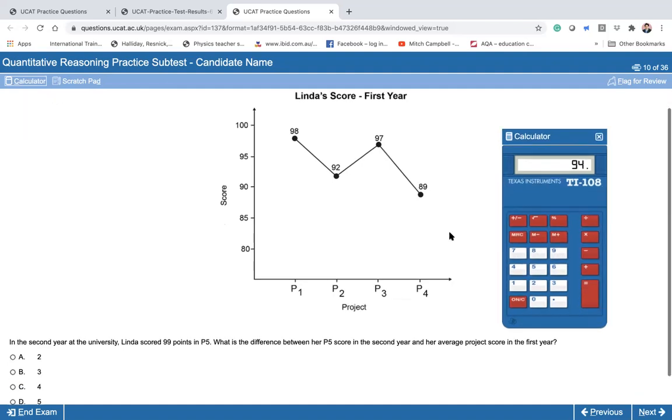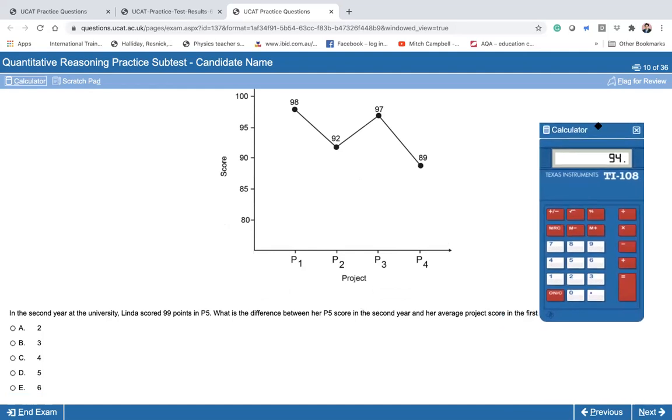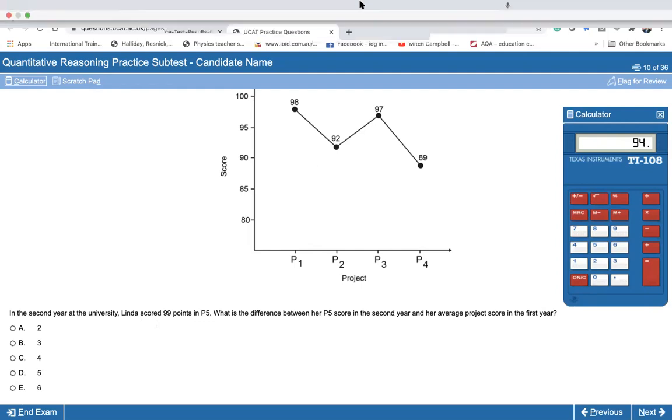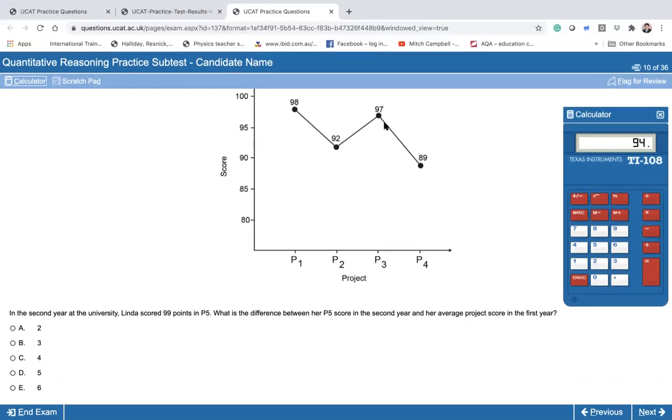So the average for year 1 is 94. The question asked is, what is the difference between her project 5 score in the second year and her average project score in the first year? Her project 5 score in the second year is 99, and her average score in the first year is 94. So 99 minus 94 gives you 5. So D, 5, is the right answer. If you wish to look at the solution,